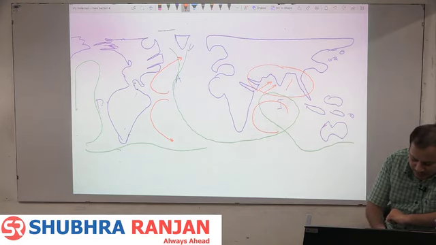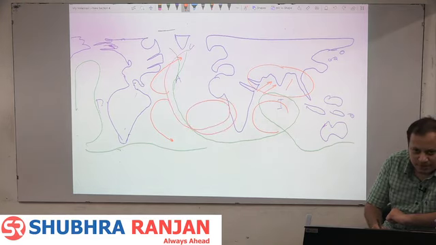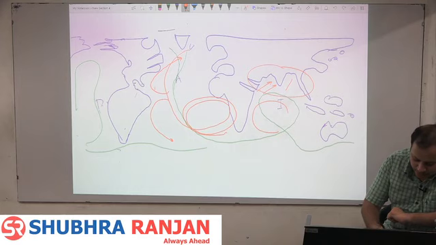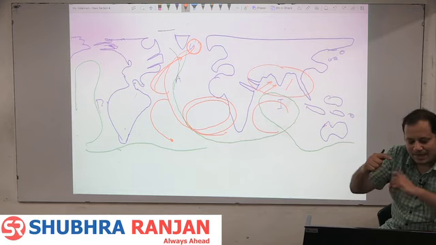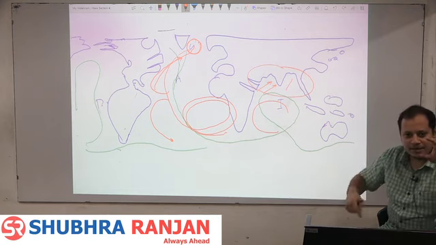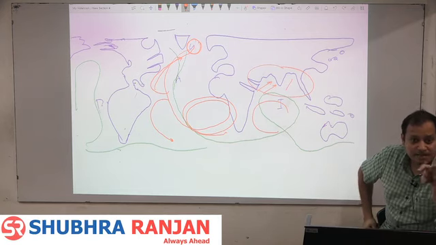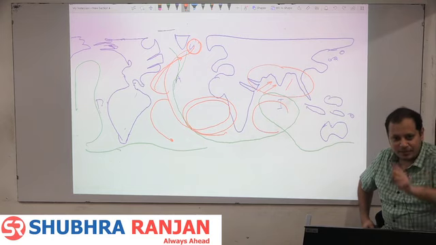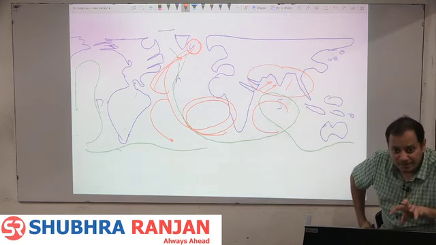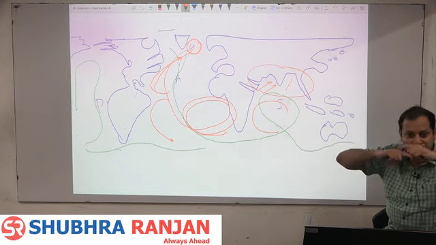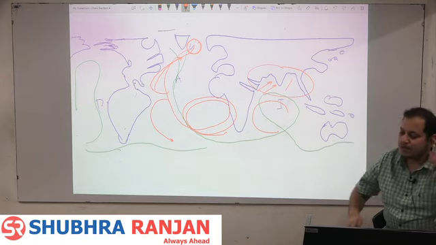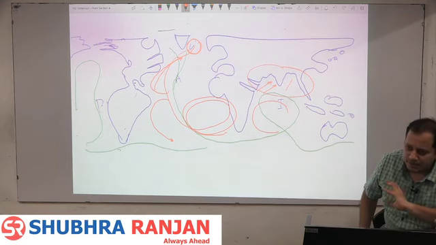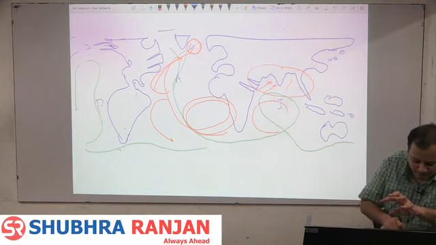Fine. Now sometimes this cold water, when it comes near the coastline, will start upwelling. This warm water, when it goes into the polar regions, will start downwelling, and this we call a gyre. So there are two kinds of gyre. One is the surface gyre, which we have named the subtropical gyre, how the current moves in the tropic, subtropics and temperate regions. The other is the circulatory gyre, meaning how surface currents and subsurface currents move. Understood? We do not need to do this. It is not mentioned in our syllabus. We are going to do upwelling and downwelling. So,